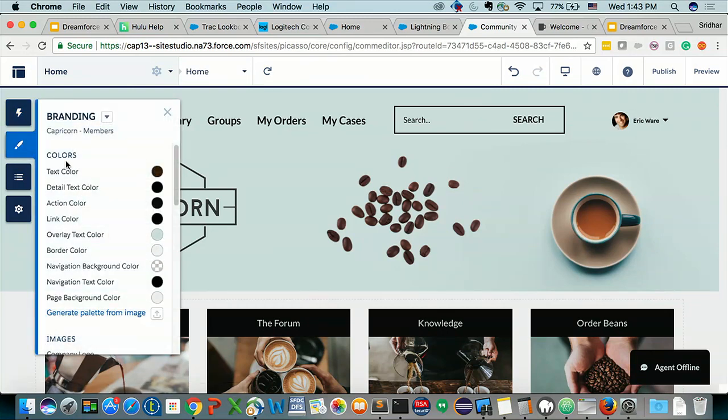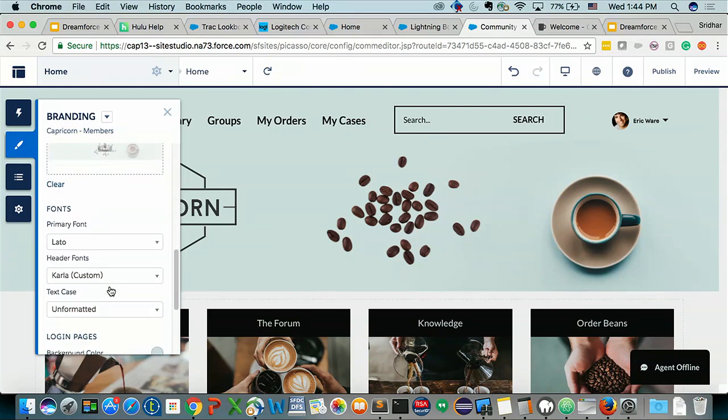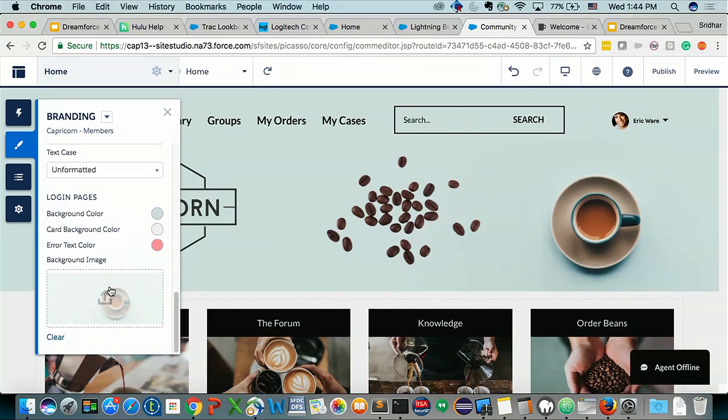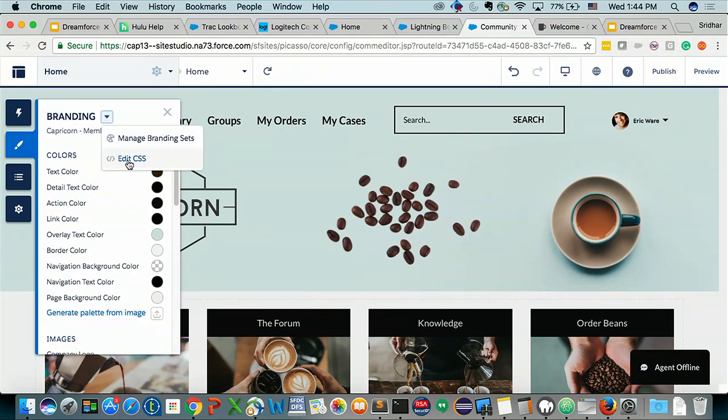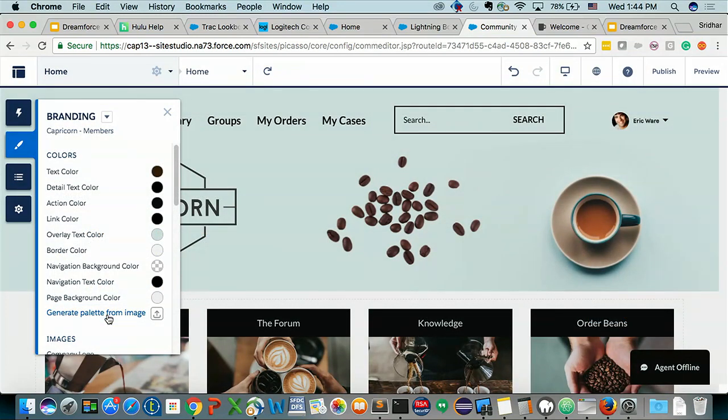And then the second part is the branding. Okay, I got all the components that can bring in the data, but I want my experience, my brand, to be reflected in here. So branding also has multiple layers. The simple things can be done by the admin. There are controls for developers to do some of the advanced personalization, advanced branding and stuff like that. For example, uploading a logo, uploading a header image, fonts, these are all very declarative. You just point and click, you change them and it gets done. If these are not enough, you can go directly to edit CSS, and you can get your advanced CSS developer to modify the entire CSS